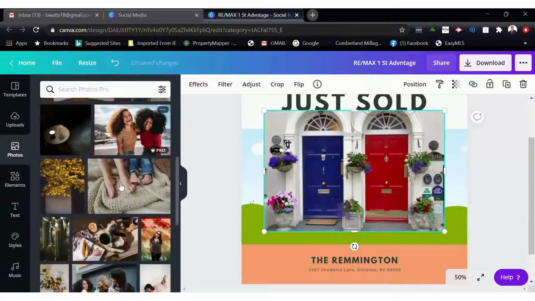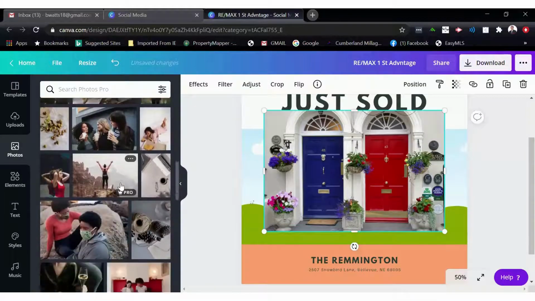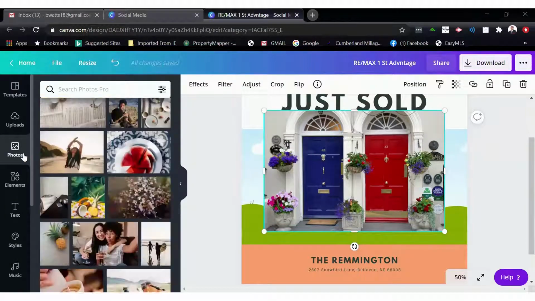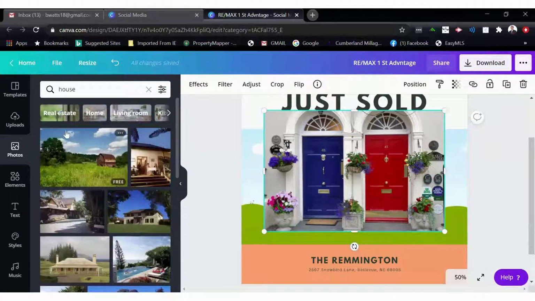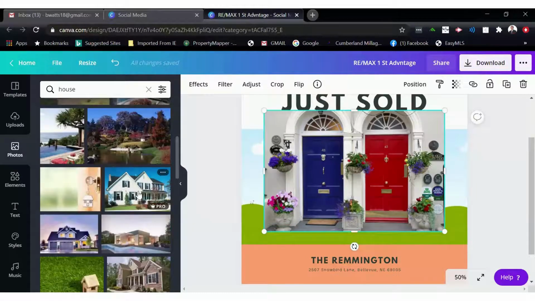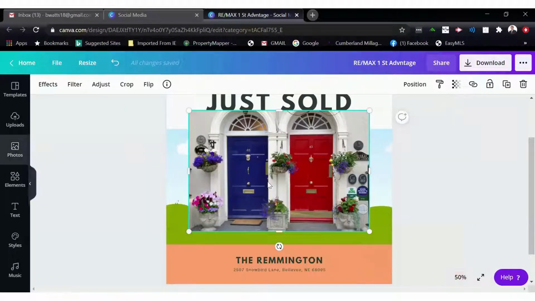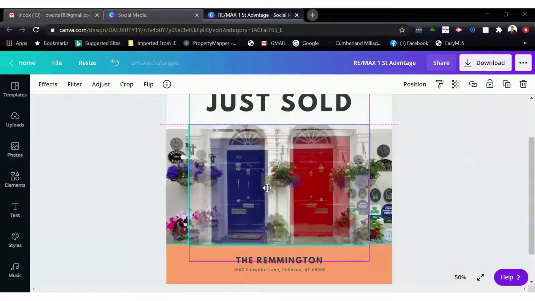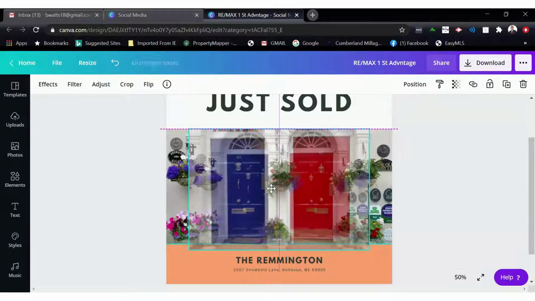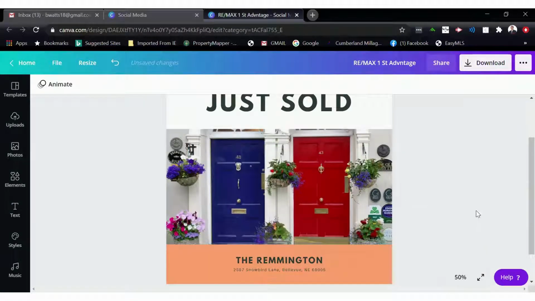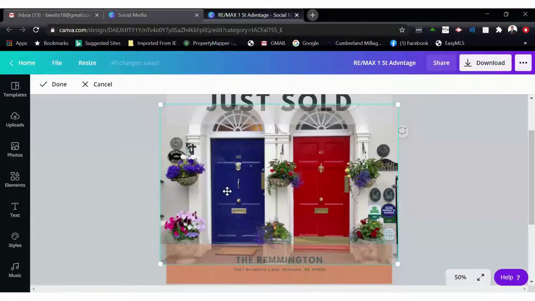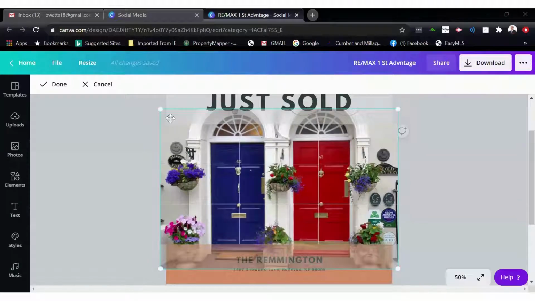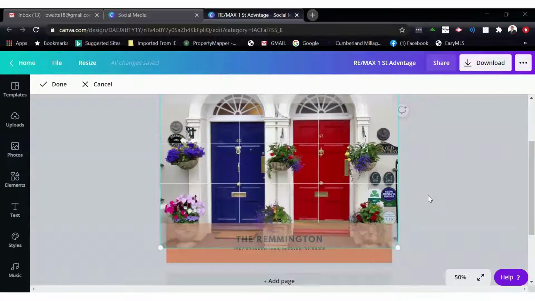If you have the paid version, you can use any of the photos they have over here. And you can just put in a search, and then it's going to give you all sorts of options. But let's just use this one. So when I drag it, see how it takes the shape of that frame. So it's going to stay there. If you double click on it, you can move it around a little bit and get it to where you want it. You can just drag the corners and make it a little smaller, a little bigger,